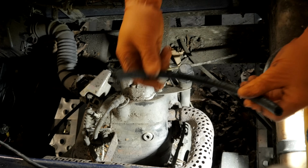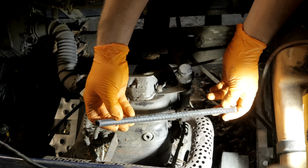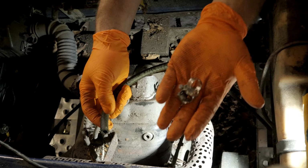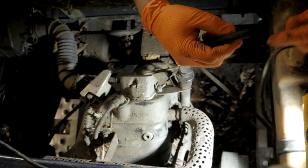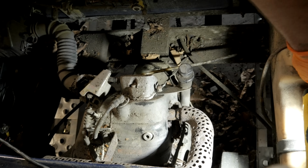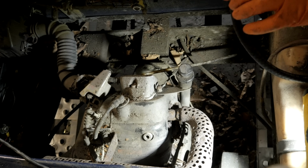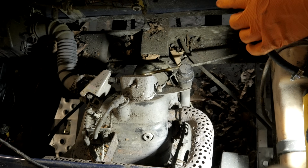Alright, so I got nice shiny new 1/4-inch fuel line, American made. And then I use these stainless steel breeze clamps or hose clamps. I don't like those squeeze clamps. After a while they get loose. This way I'll know that this is done properly. I don't have to worry about the customer